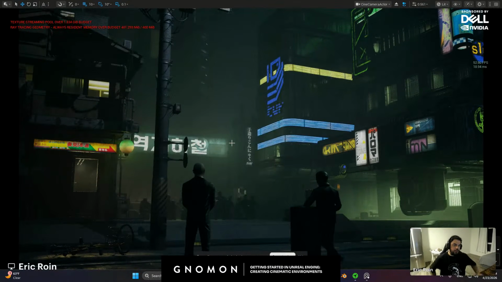Now, would I like this for gameplay? Definitely not. It's very expensive in terms of performance. I would keep my environment lighting, and the lights I'm adding for characters will be my sequencer light sources.